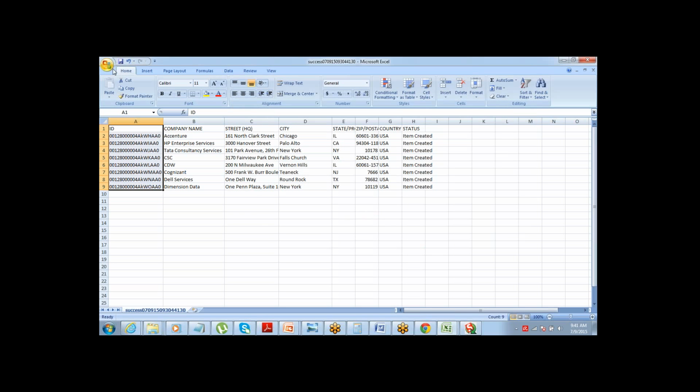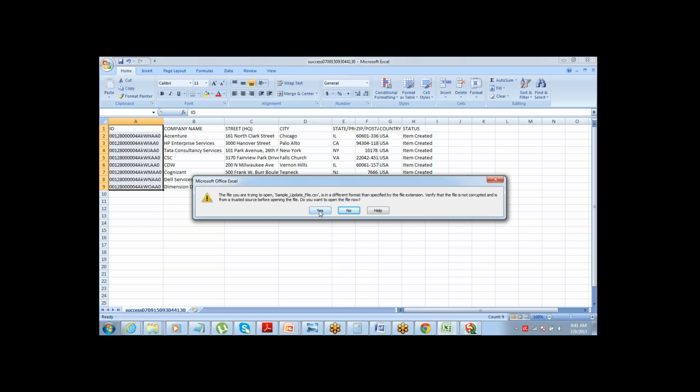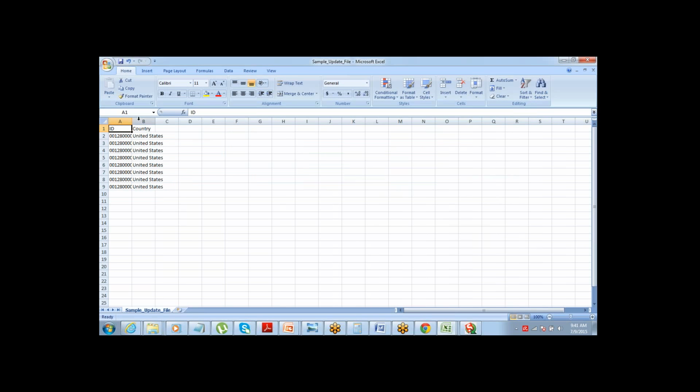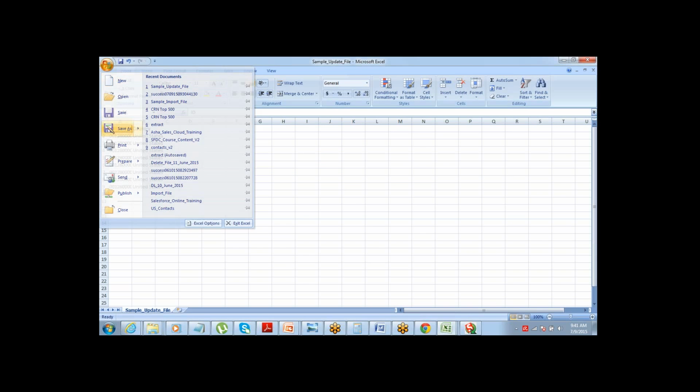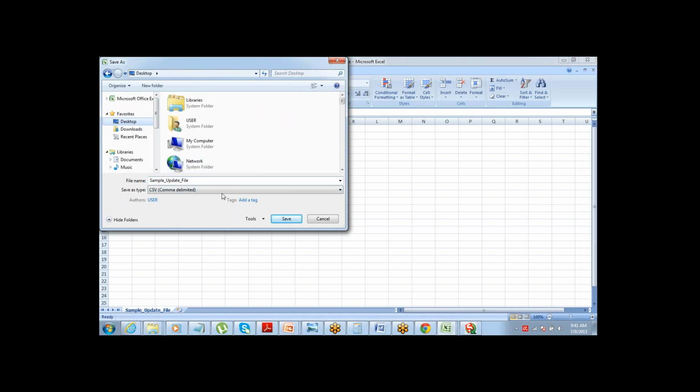One second, where did I save it? Sample update file. Oh, let me save it in desktop.